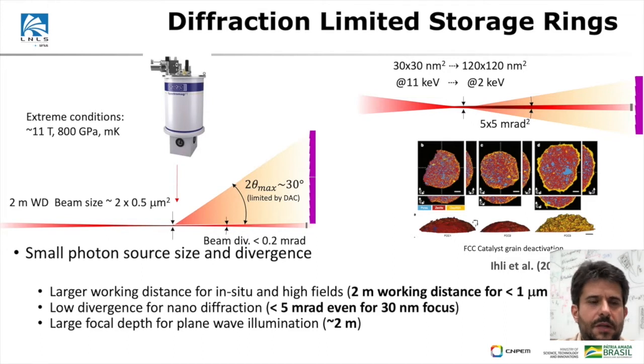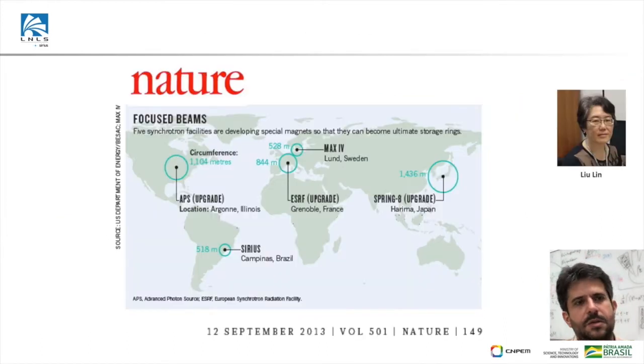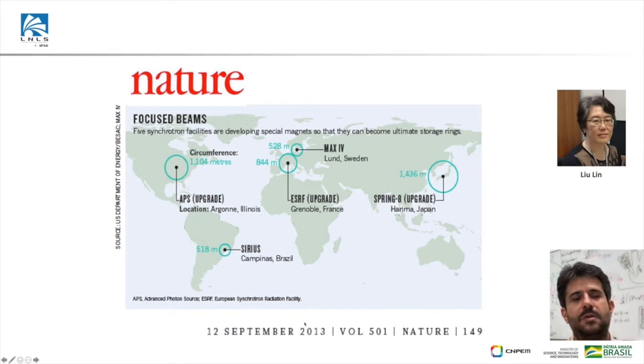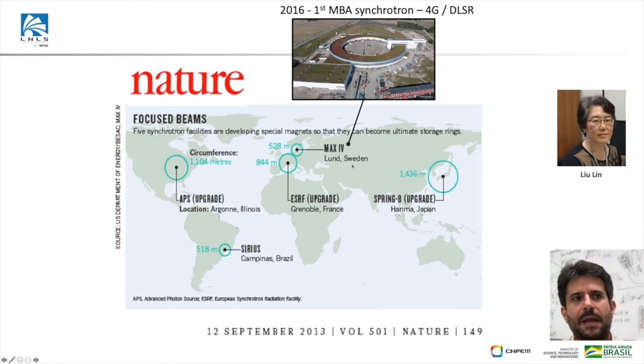This project started many years ago, and it was back in 2012 that the project was moved into the status with a new technology called multi-band achromat. That was back in 2013, as this article was showing, an emerging technology for synchrotron radiation, and it was being planned to use for the upgrade of ESRF, the European synchrotron, and was also in construction at MAX 4 in Lund. The first actually fourth generation synchrotron started operating in Sweden, and it was also planned for two